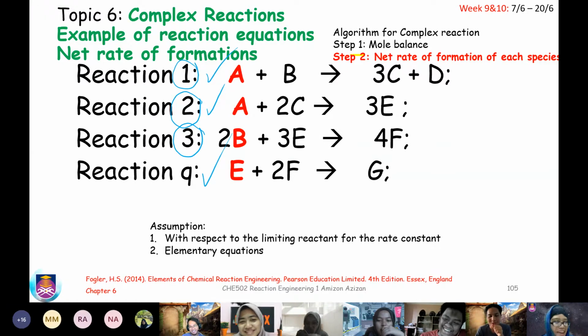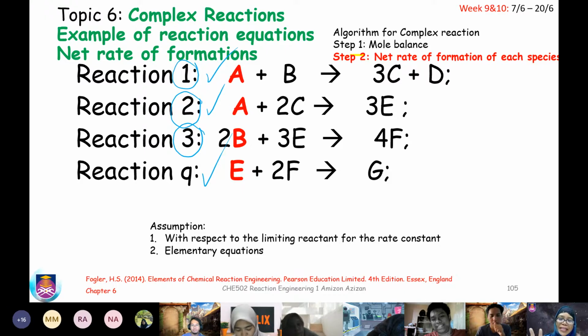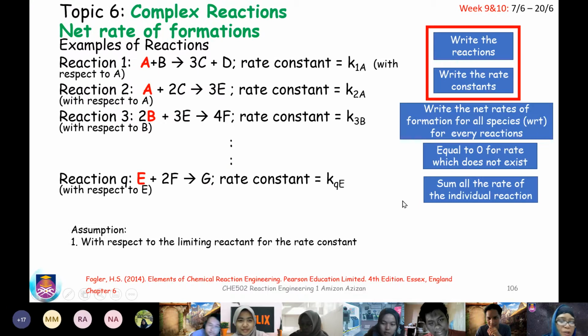Alright, very good. So now the next slide will show you how we write the net rate of formation. We already know that we have 7 species. We're going to go to the next slide. So, let's start with the steps that we can do in writing the net rate of